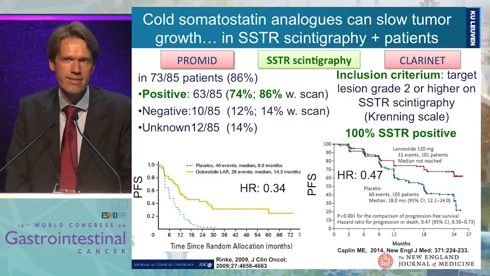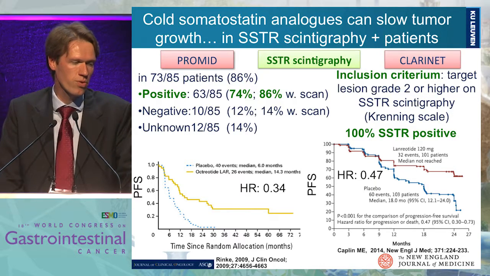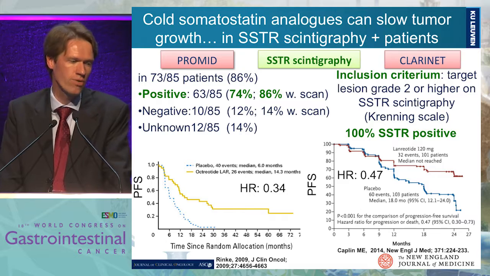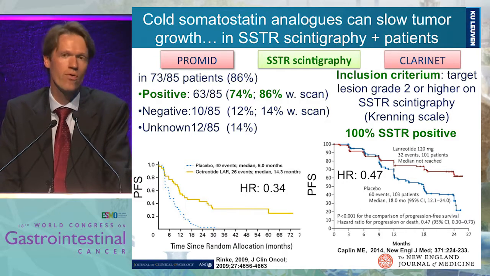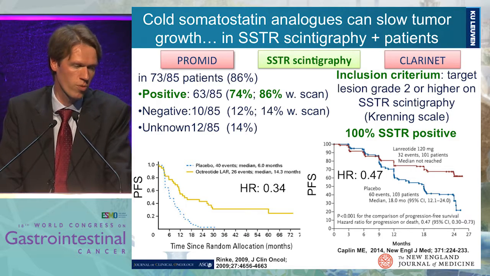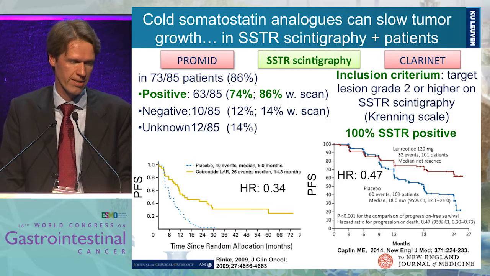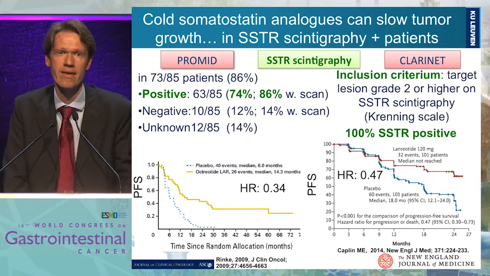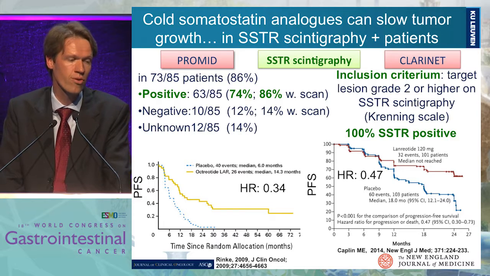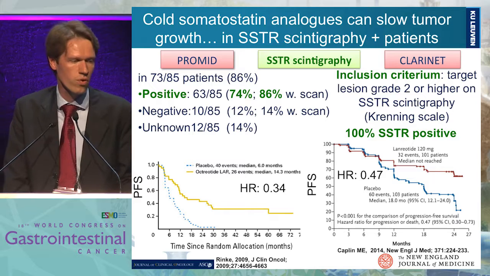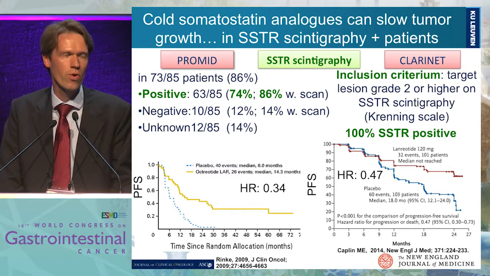But it's important to realize that these patients had all had somatostatin receptor scintigraphy. In the PROMID, this was in 86% of the patients, and in 74% of the total, these were positive. Negative scans were seen in 12% of the total population, and in 14% it was not performed. So this is a group with a high positivity for somatostatin receptor scintigraphy. And the CLARINET is much clearer. It was an inclusion criterion. Patients needed to be Krenning grade 2. So I think that a lot of the data for cold somatostatin analogs is actually referring to patients that are